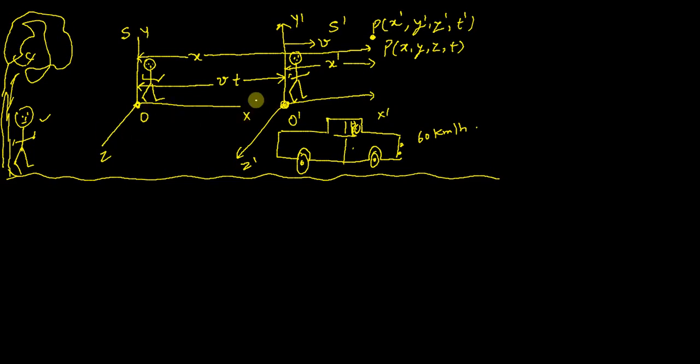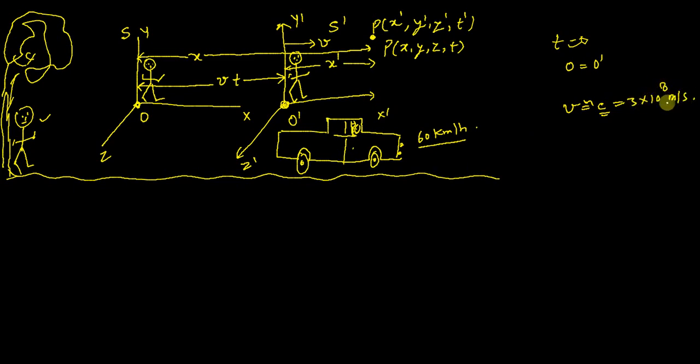So at that time O and O prime will coincide at t is equal to 0. O is equal to O prime. That means both the frames will coincide. And I want to tell one more important thing here, that this speed is very small as compared to the speed of light, but for the purpose of explanation, to make it simple, I have used 60 km per hour. Otherwise v is near about the speed of light, that is c, 3 into 10 raised to the power 8